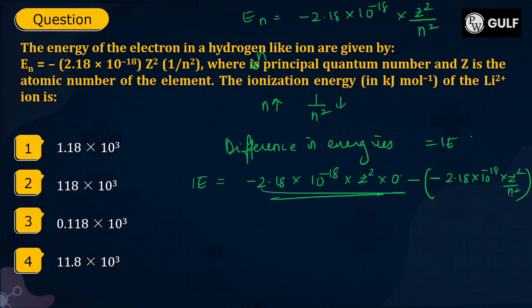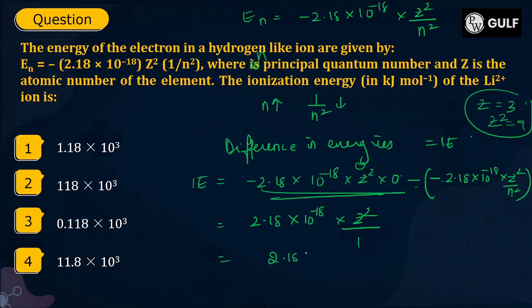Now this entire value becomes 0, minus into minus becomes plus, so you will get 2.18 into 10 to the power minus 18 into Z square by n, and n is anyway 1. Now Z square, for lithium Z is equal to 3, so Z square becomes 9. You substitute that value, 2.18 into 10 to the power minus 18 into 9. You will get the answer as